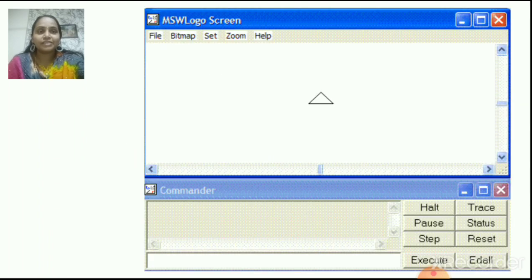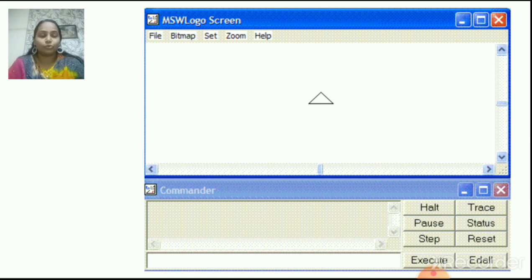Okay. See here. This is the Logo window. I have sent you notes also. In the notes, the activity and all the programs which you have to do in the Logo window, I have already sent to you.